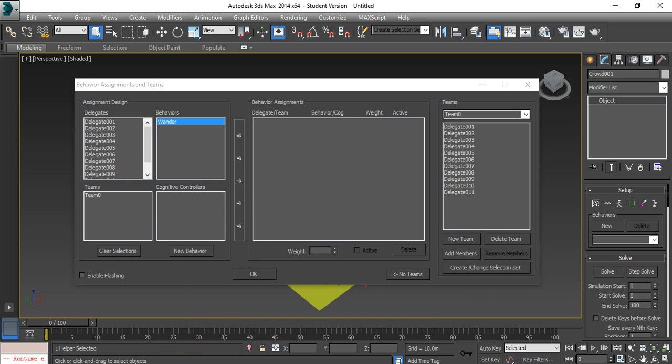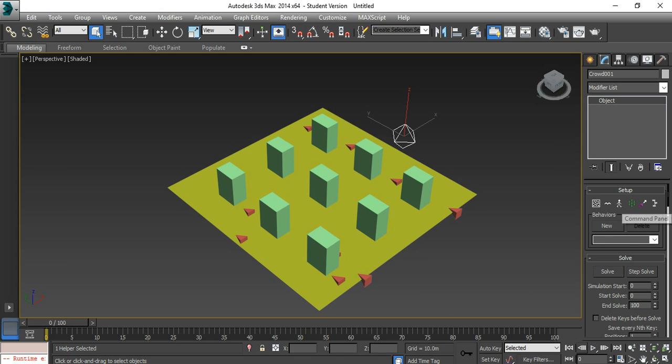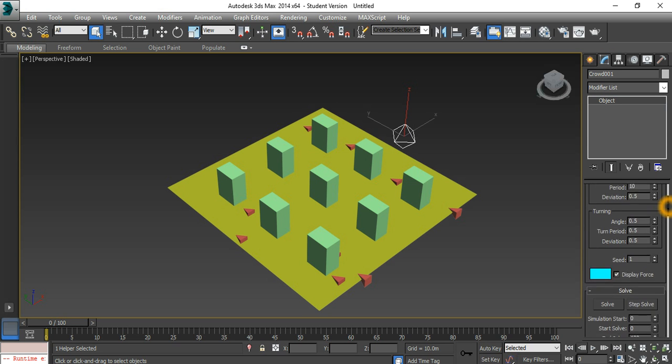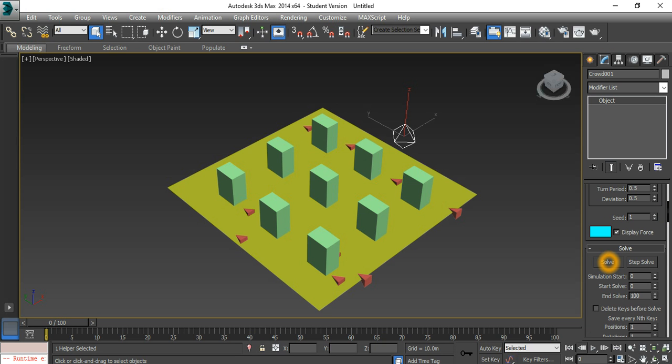So I'm going to click on the team and the behavior, and through the new assignment button, put it onto the viewport and say OK. Now I need to select the behavior over here. So I've selected wander and I have to click on solve. So on solving it, 3ds Max will be solving the behavioral pattern before it runs into the animation, so you can see it. Now the thing is that it's going off the surface,